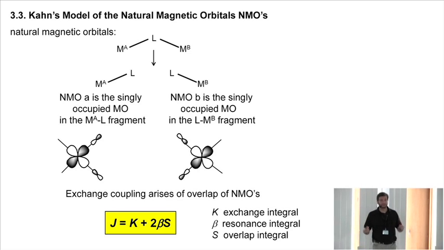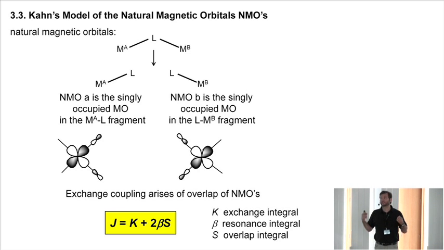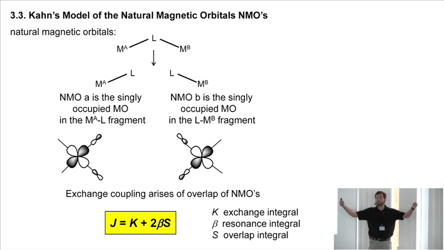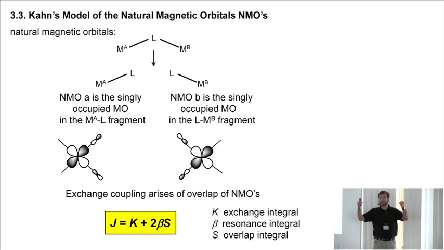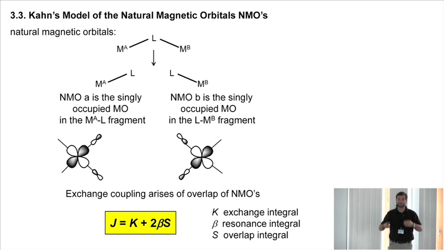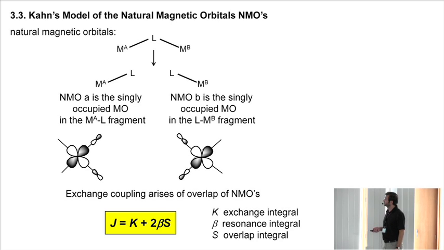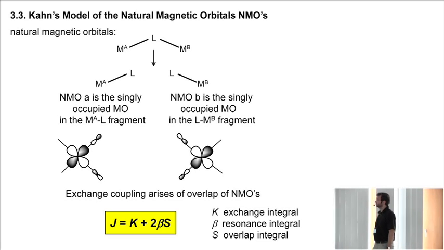And the idea of Olivier Kahn was that exchange coupling is a sort of weak chemical bonding. And chemical bonding is always pictured for chemists as two binding partners approaching each other, like if you make H2 from two H atoms. And that's the same thing Olivier Kahn is doing here. So the two fragments are coming together. And you see here, now you get molecular orbitals. And this was